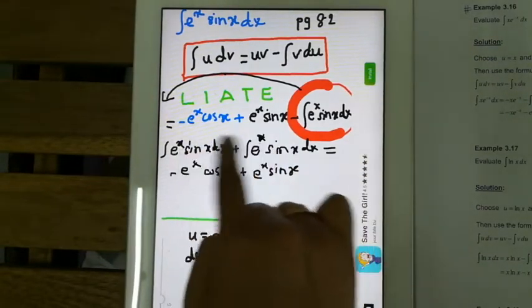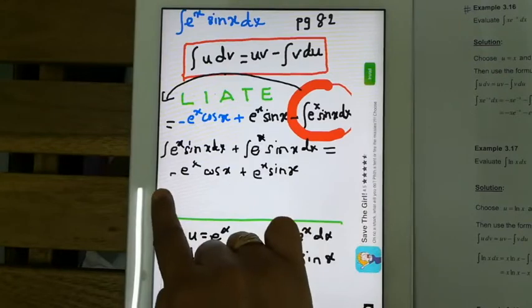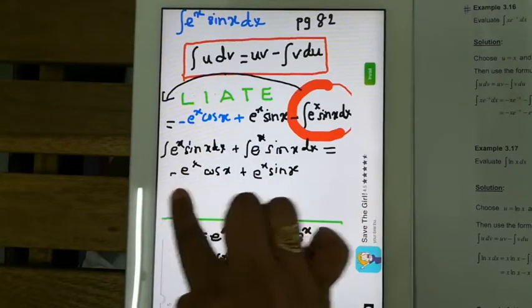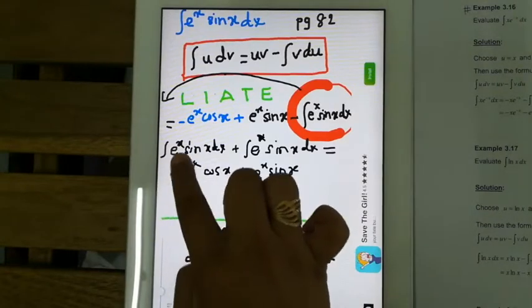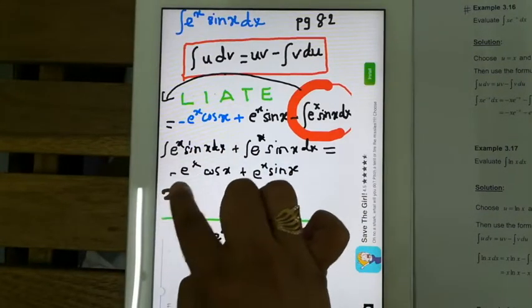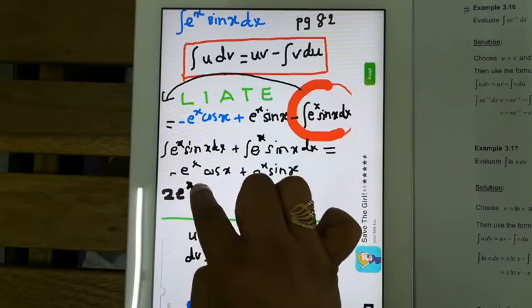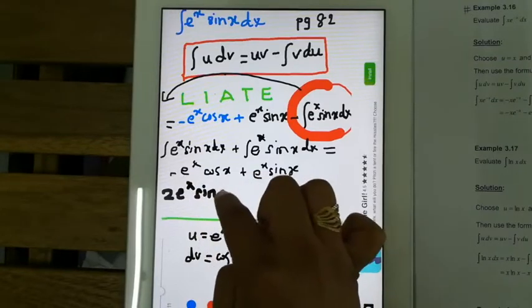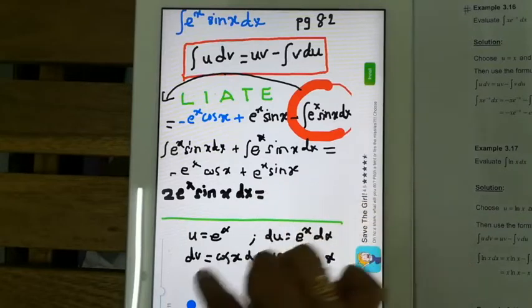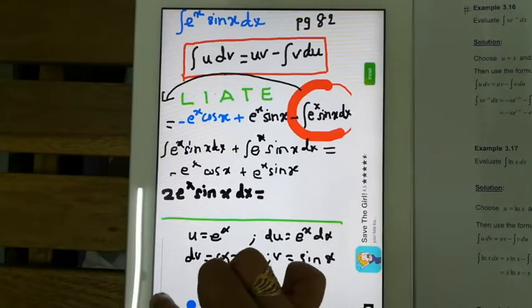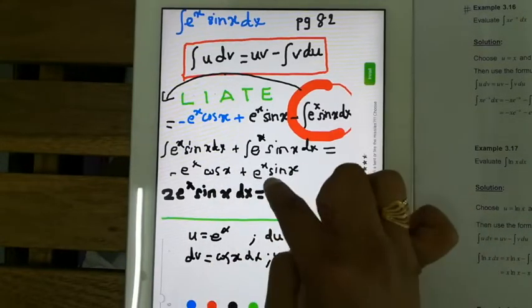So this one you can add up. What you will get is 2 e^x sine x dx equals